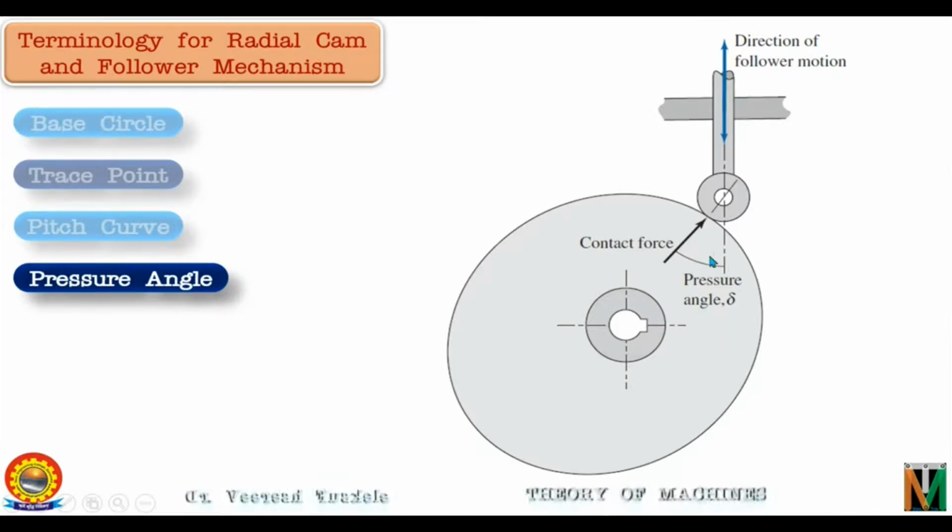So this angle should not be too large, because a force is always transmitted perpendicular to the surfaces in contact. The cam does not always push the follower in the direction of its motion. The curvature of the cam affects the position between the follower center line and the actual point of contact, as we see here in the figure. The force required to push the follower depends on the application of the cam system. However, the contact force between the cam and the follower can be much greater depending on the location of the